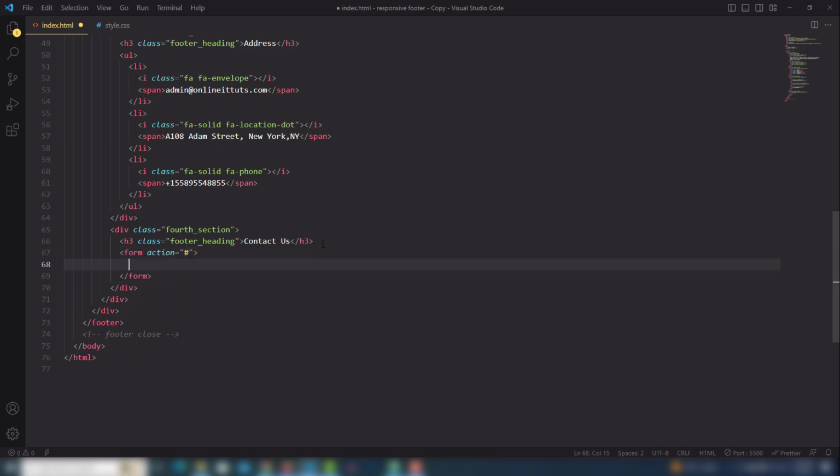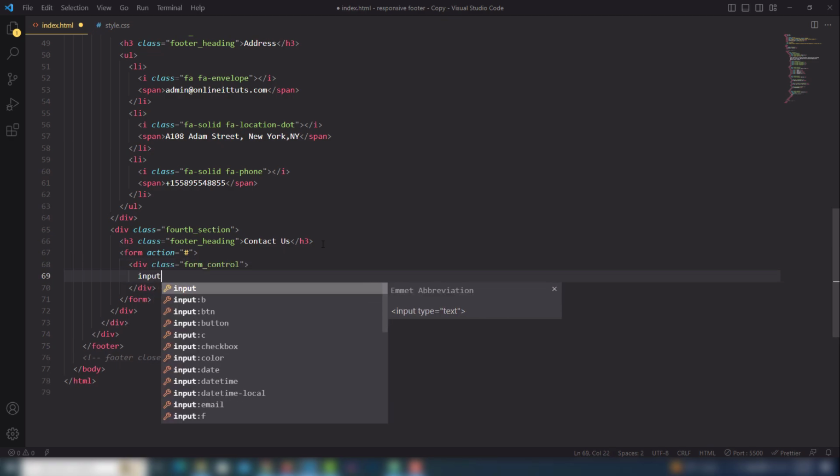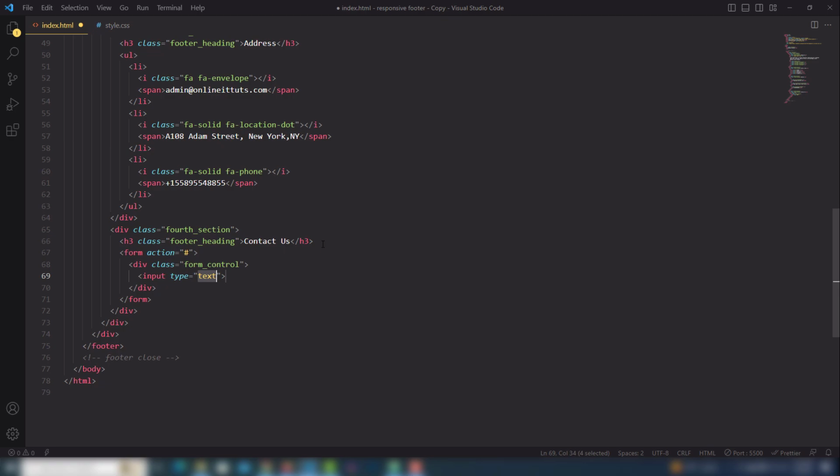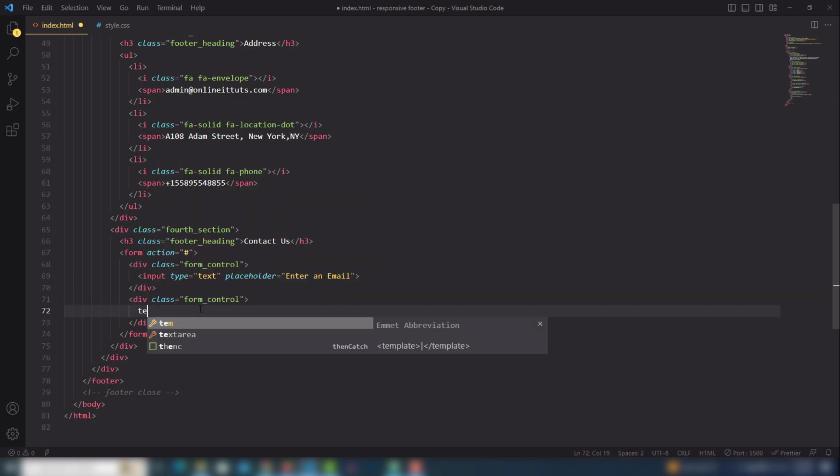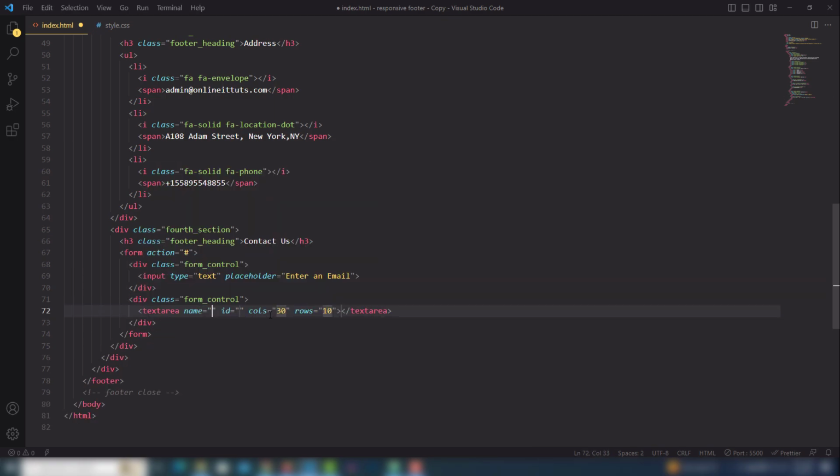Leave the action and use form control. Input type will be text, and its placeholder will be enter email. And then we're going to use the same div, but this time I'm going to change it to a text area, and I need to remove